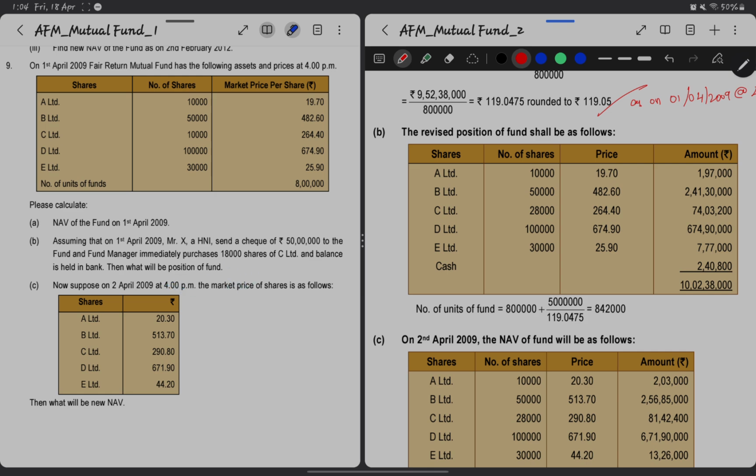So they have invested in 18,000 shares of C Limited. Previously C Limited had 10,000 shares, now 18,000 will get added. Now the value of the share is 264.4. So 18,000 into 264.4 will be